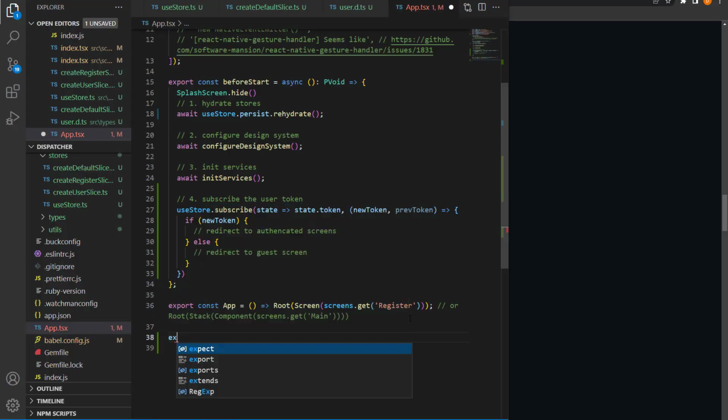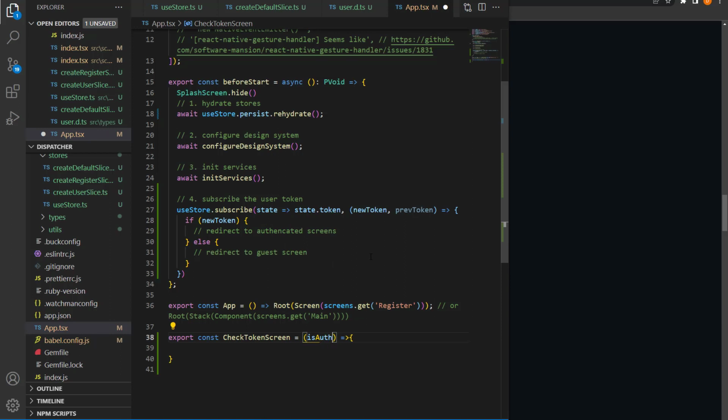Okay, I will create one function to check the token. So I will say checkTokenScreen, isAuth. Let's say if the parameter passed is true,